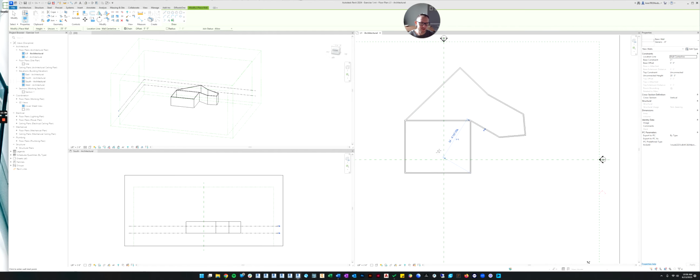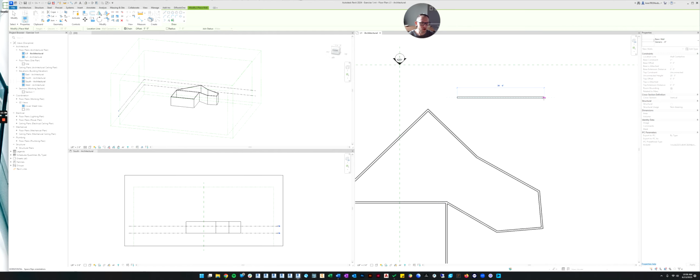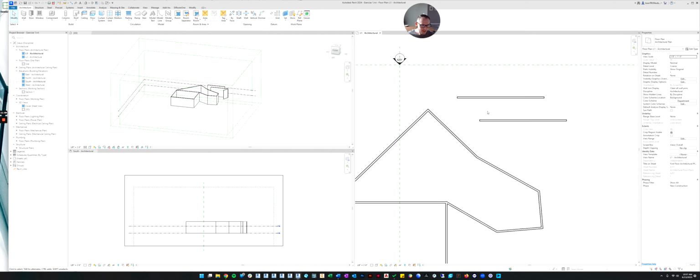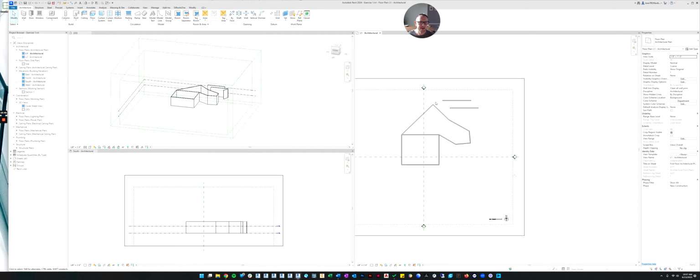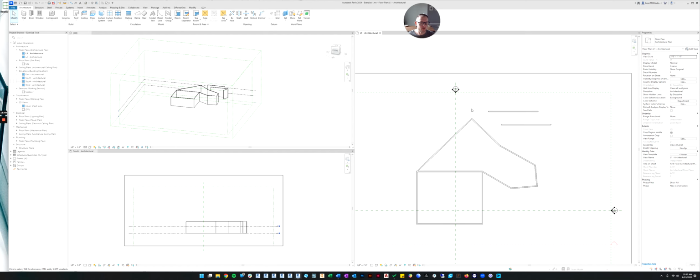If you just want to draw one wall and click, and you don't want another wall, you can hit the escape key once, and it will stop the wall. But you can still see I'm in the wall command because my cursor still looks like an X. So now if I click again, it's going to build another wall, and if I hit escape, it'll stop the wall. If I hit escape twice, it'll take me out of the command, and now I'm back with just a cursor. So let's do the wall again.